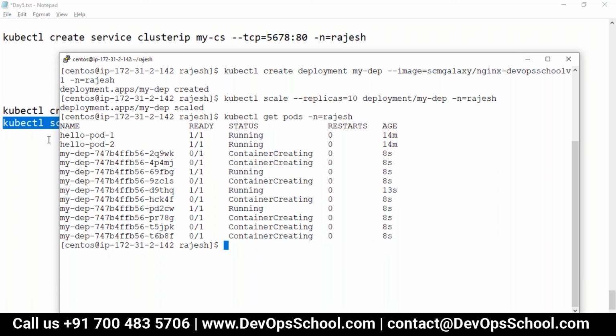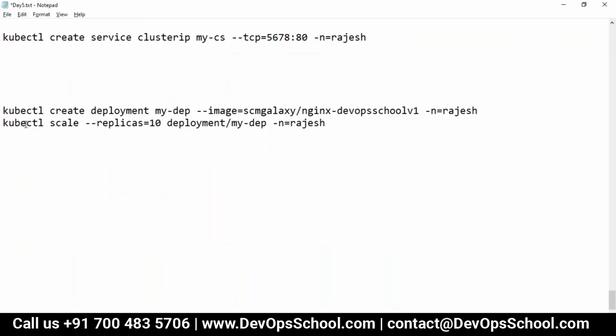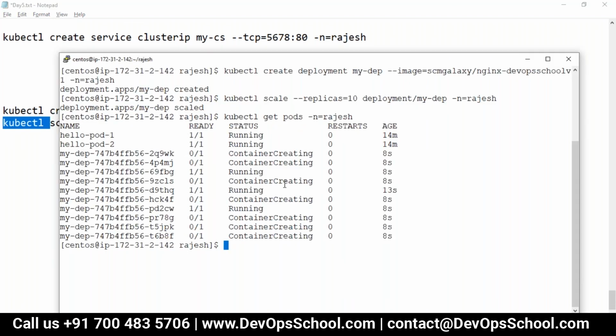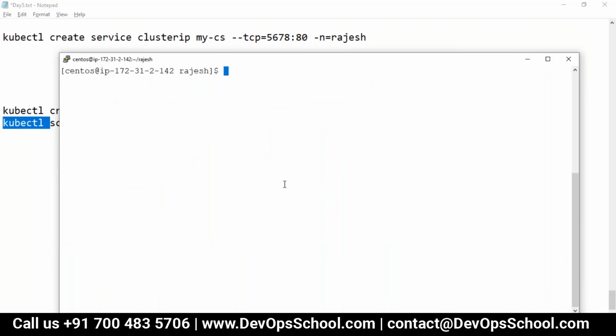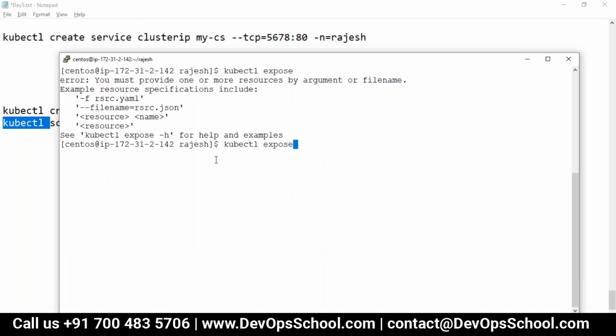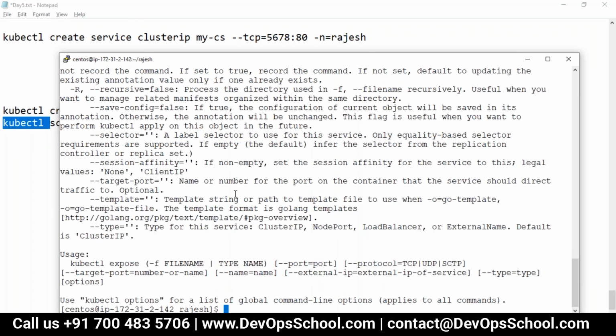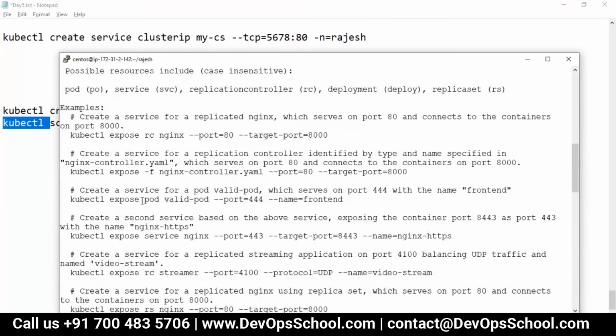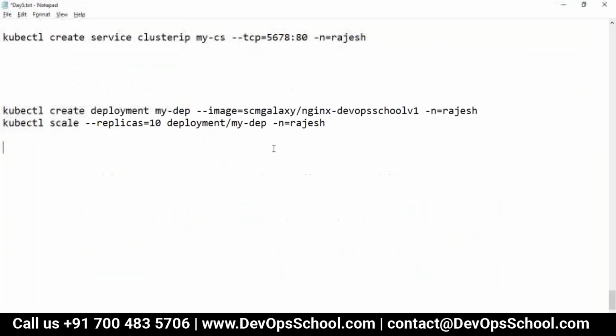And now the labeling, matching and everything is done by the expose command. It's a shortcut for the service. And this is the expose command, which will do the rest of the things.